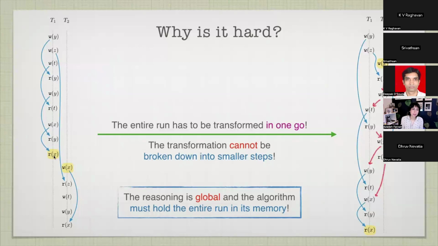This up, then this read X would see this value. So it's no longer an equivalent run based on the definition that we had. Oh, so the read has to see the last write, is it? The read has to see the same write. So if you look here, this read in the reordering. I thought you just have to see the same. Okay, I see. So the read has to see the last write. That is fixed. The read always sees the last write. That is just basic sequential consistency.